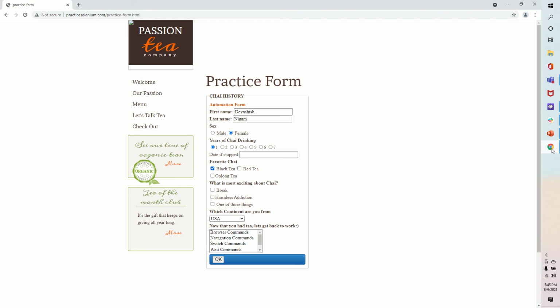Then it should select Asia in the continent, do the multi select, browser commands and wait commands, and click on the OK button.